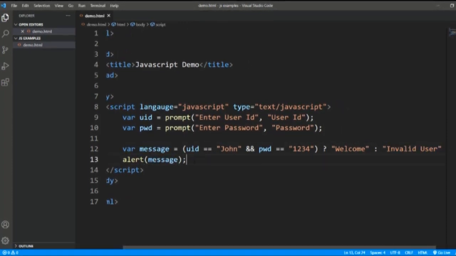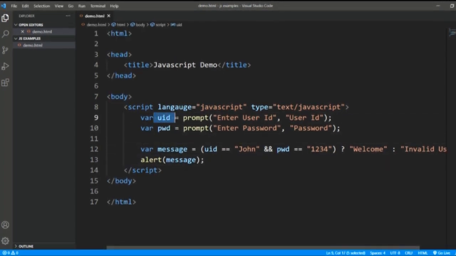So what I'm doing here, I have taken a couple of variables, the user ID and password, and I have used the prompt box for that. As soon as the user enters, I will check whether the user ID and password conditions are both true. As per the AND operator, it will return true when both of the conditions are true. Whenever we do a login, the username and password both must match in order to get a successful login result. So if both are correct, this AND operator will return true,